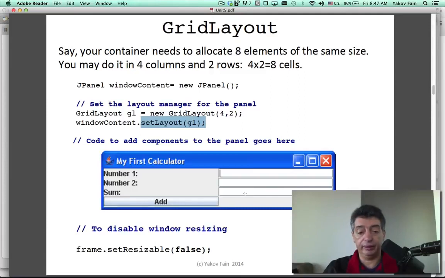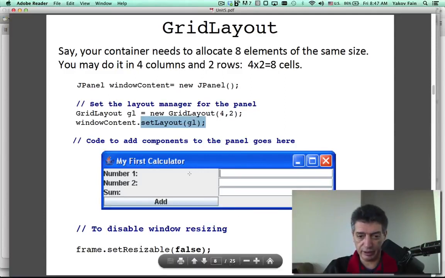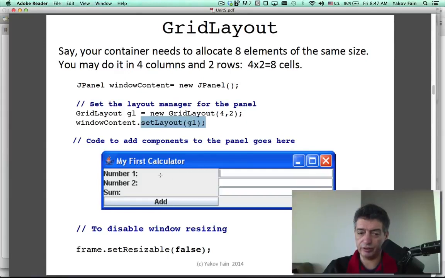Finally, you will run the program, and it'll show this calculator. I think I misled you. It should be 0, 1, 2, 3, 4 rows and 2 columns, right? So 0,0; 0,1; 1,0; 1,1; 2,0; 2,1; 3,0; 3,1, coordinates of these